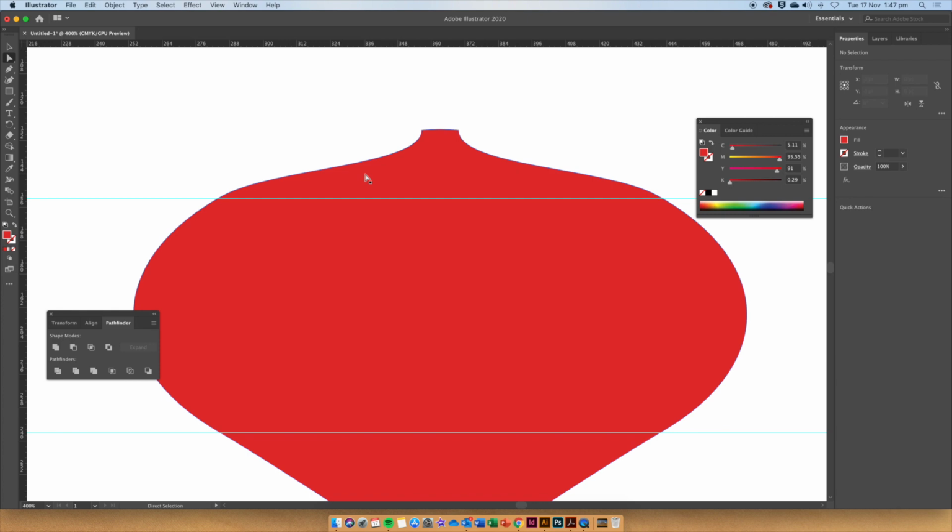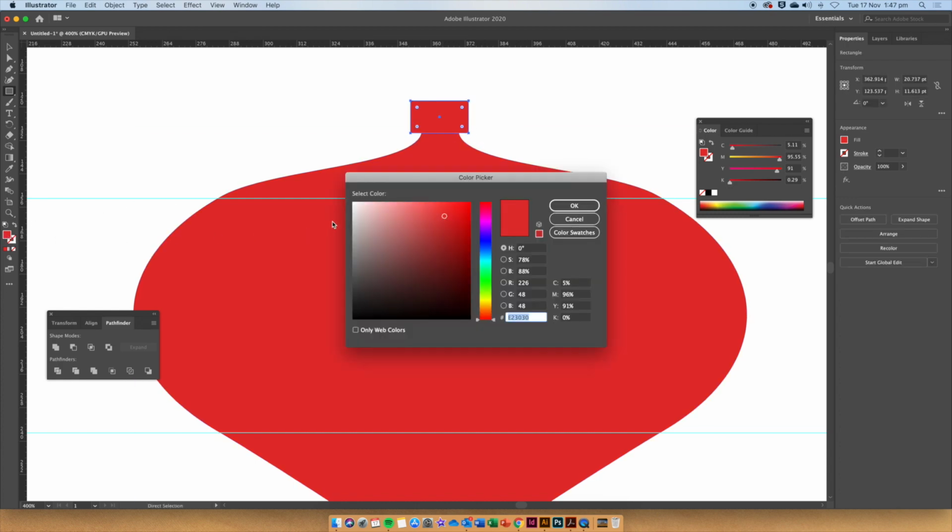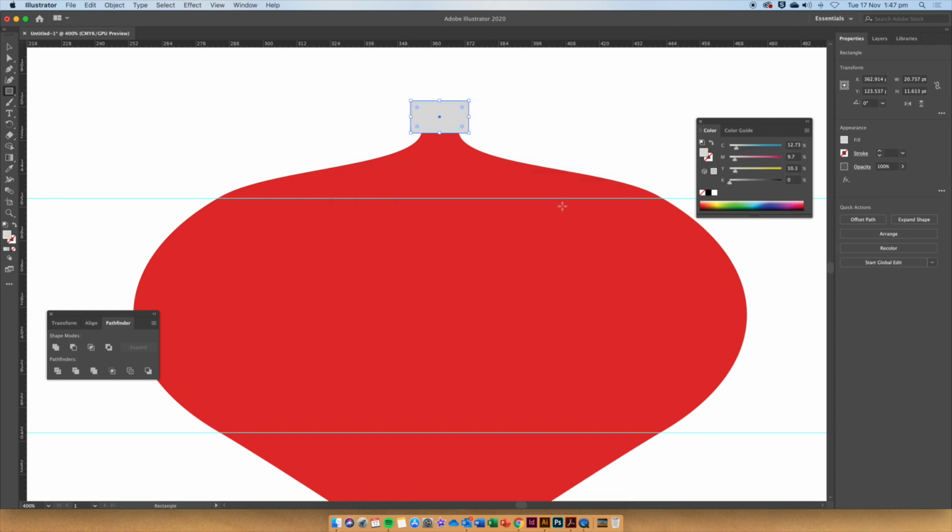Now to create the top of the bauble, go to the rectangle tool, draw a rectangle on top. Let's fill it with a light grey colour to represent silver, or you can choose gold if you wish. Then with the black pointer tool selected, click, hold and drag in the corners so that it is rounded. About there is fine. And then zoom in with your keyboard, Command+,